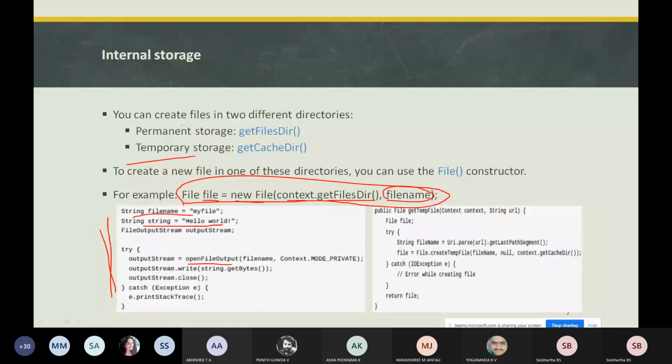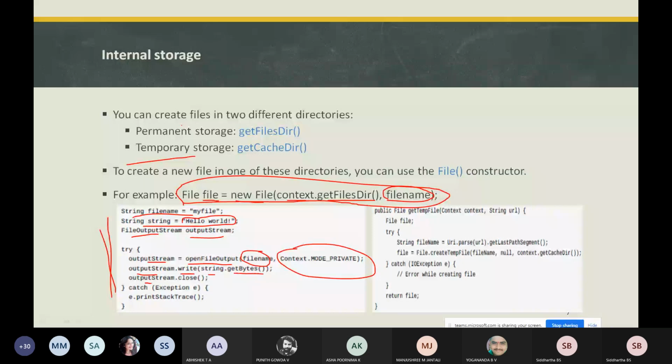As I said, when you are writing, as an alternative method, you should use a FileOutputStream object, and you should handle an exception. So how are we going to write with openFileOutput? openFileOutput is a method where you pass a file name and a particular context mode. Once you open the file by this openFileOutput method, there is a write method in the FileOutputStream class, using string.getBytes. Once you are done with the write, close. This can throw an exception.